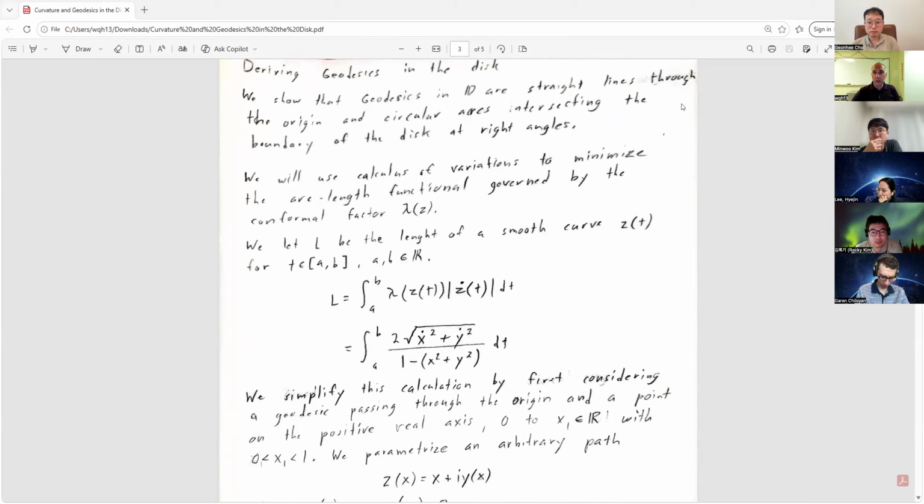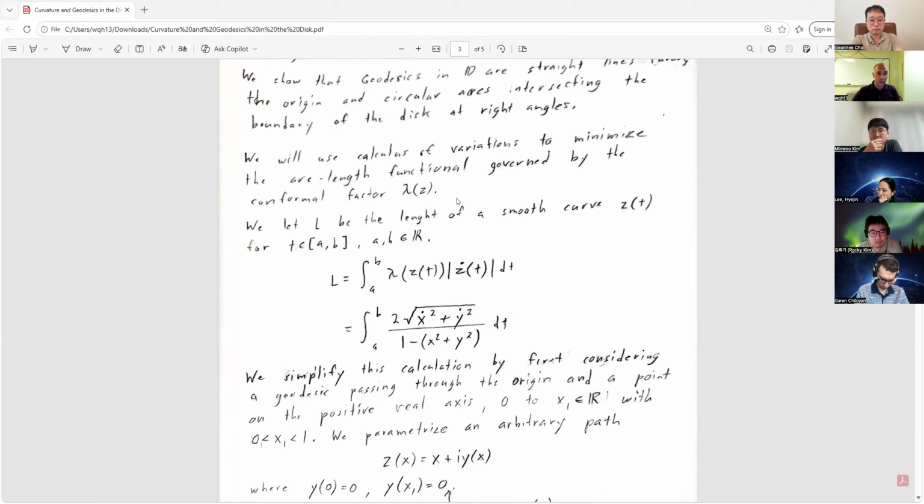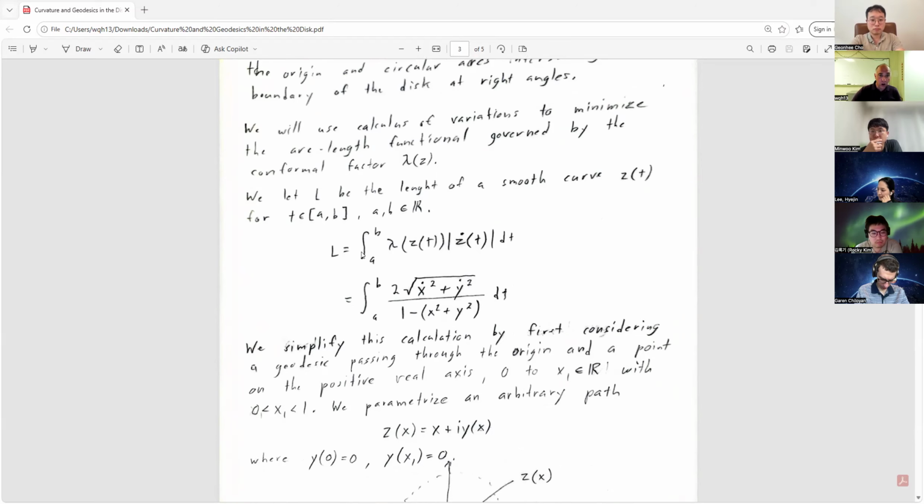And we will use calculus of variations to minimize the arc length functional governed by the conformal factor. So here is our arc length functional. What this is, if we have a smooth curve, z of t, with t in some real closed interval, a to b,